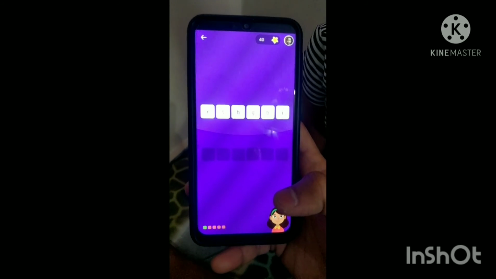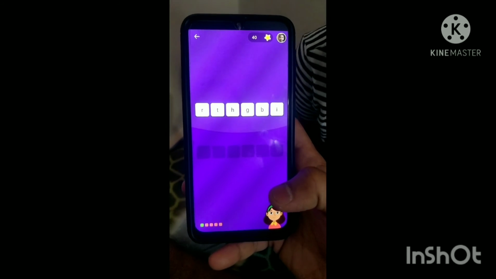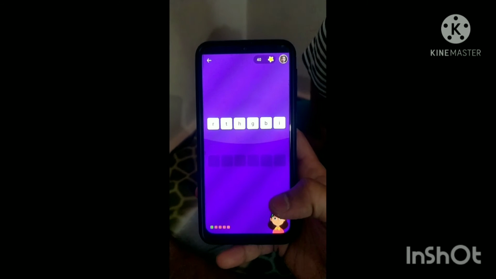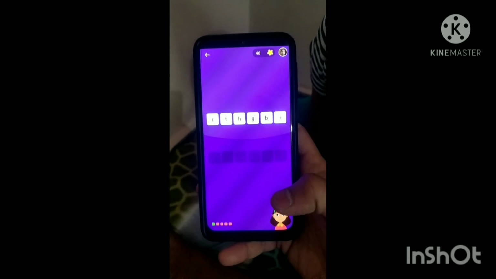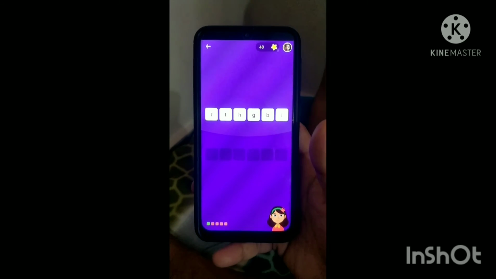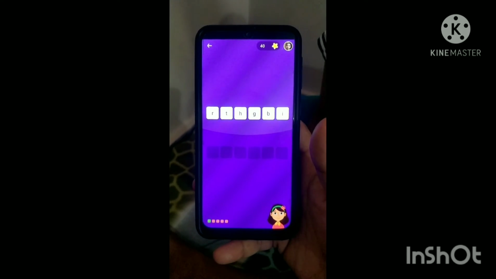So I hope this video is useful and you can make your kid read stories and they can learn good English. So guys, you have seen the demo of how to use this app. I suggest all of you take advantage of this app and give it to your kids. Let them use this app for reading.